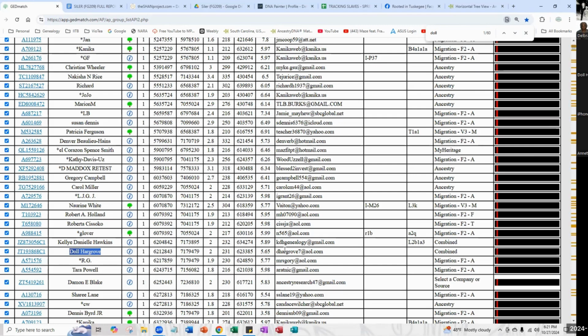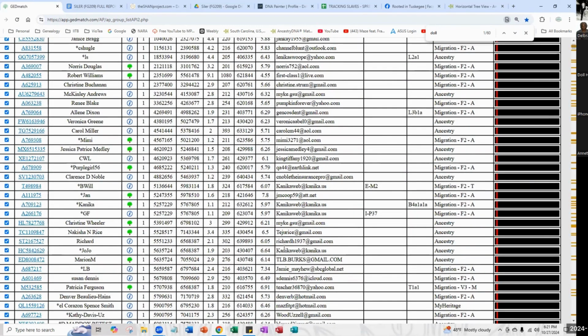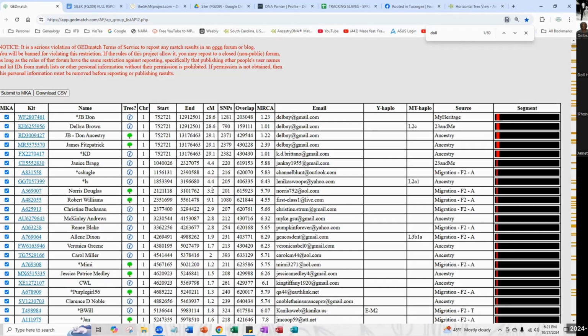I can see when I put in my profile, my information, because my son is second John. Now I don't know who's that before him, JMS. I don't know who that is. But the one thing you can do is definitely go to their trees, especially if the tree is there. And that tree is going to help you to be able to see where in their tree, because remember, the markers are always going to display for us, right? Like this particular here, Norris, even though Norris is 6 generations to me,